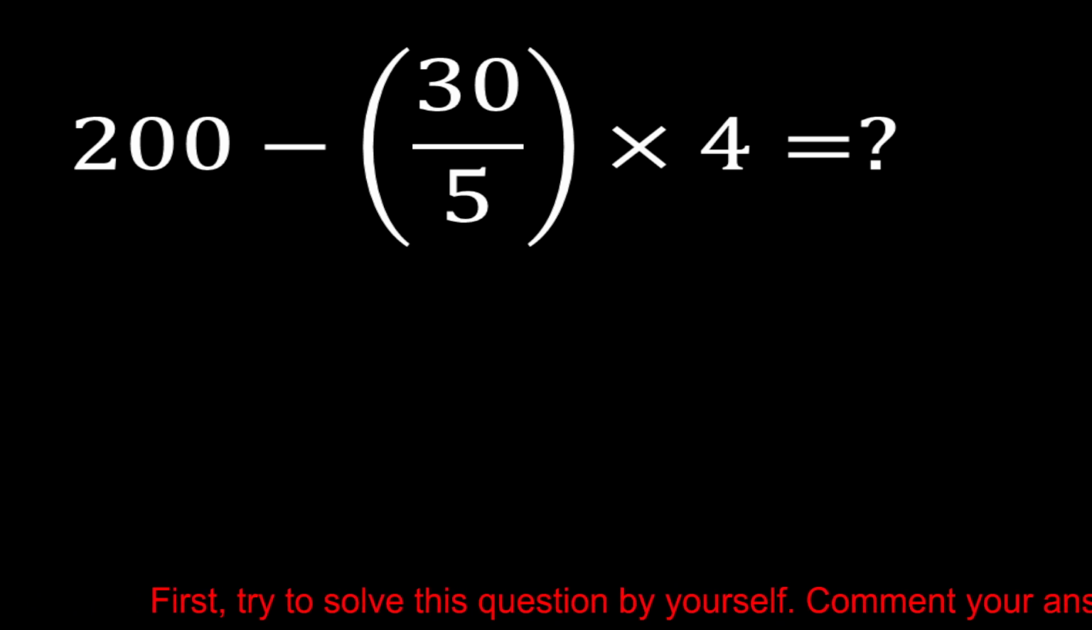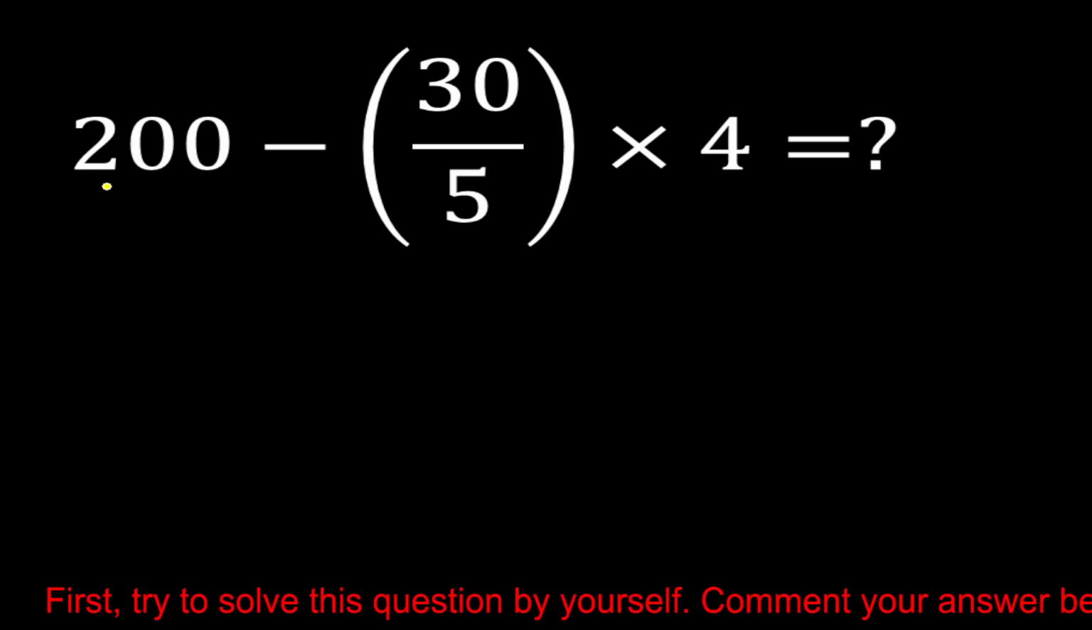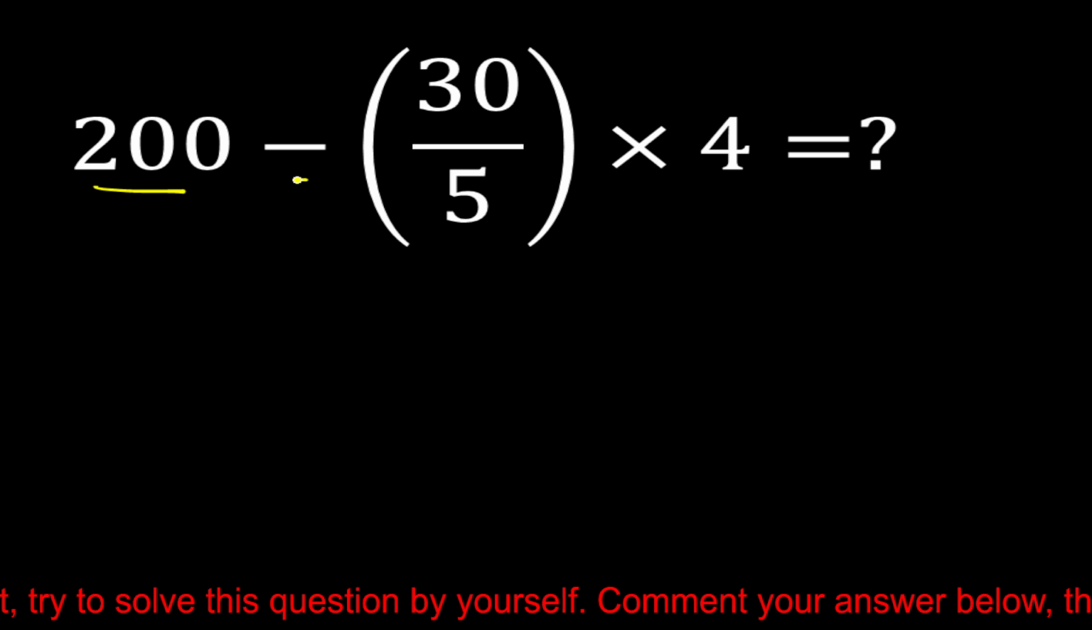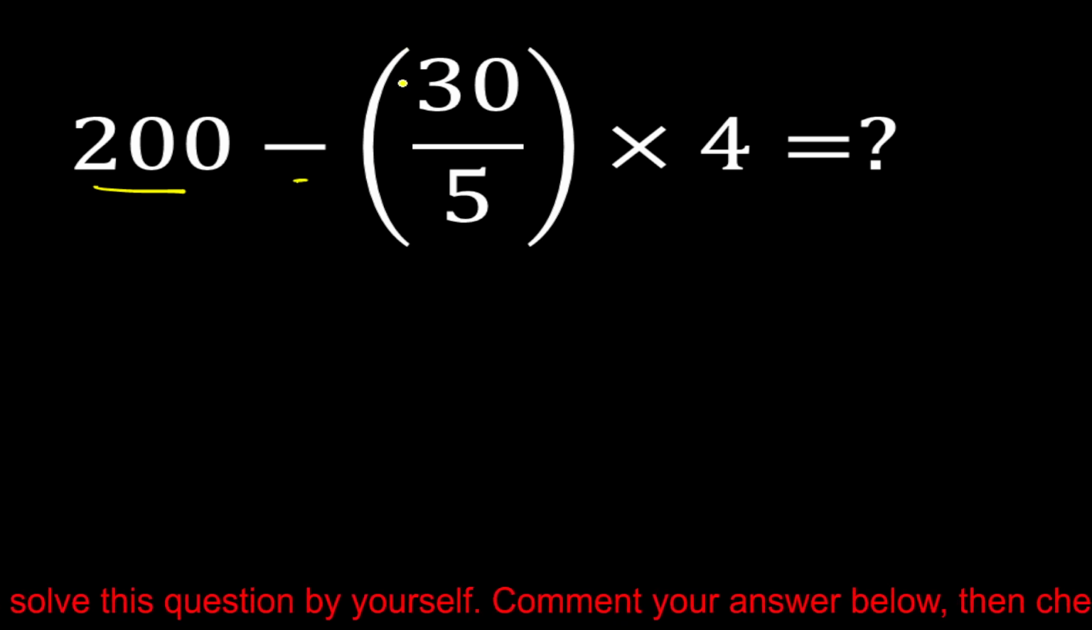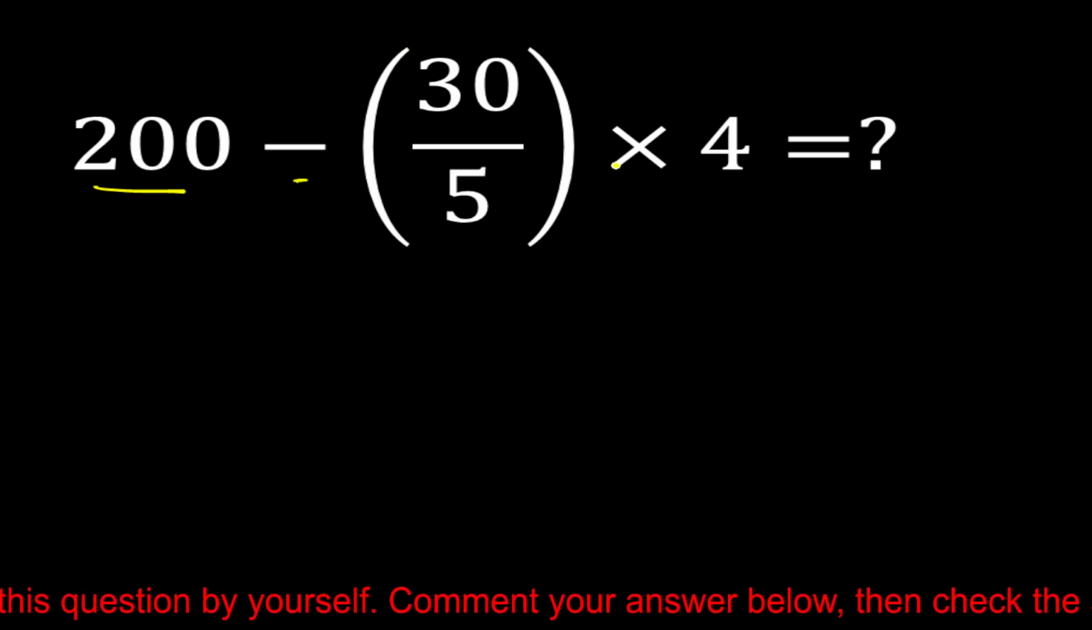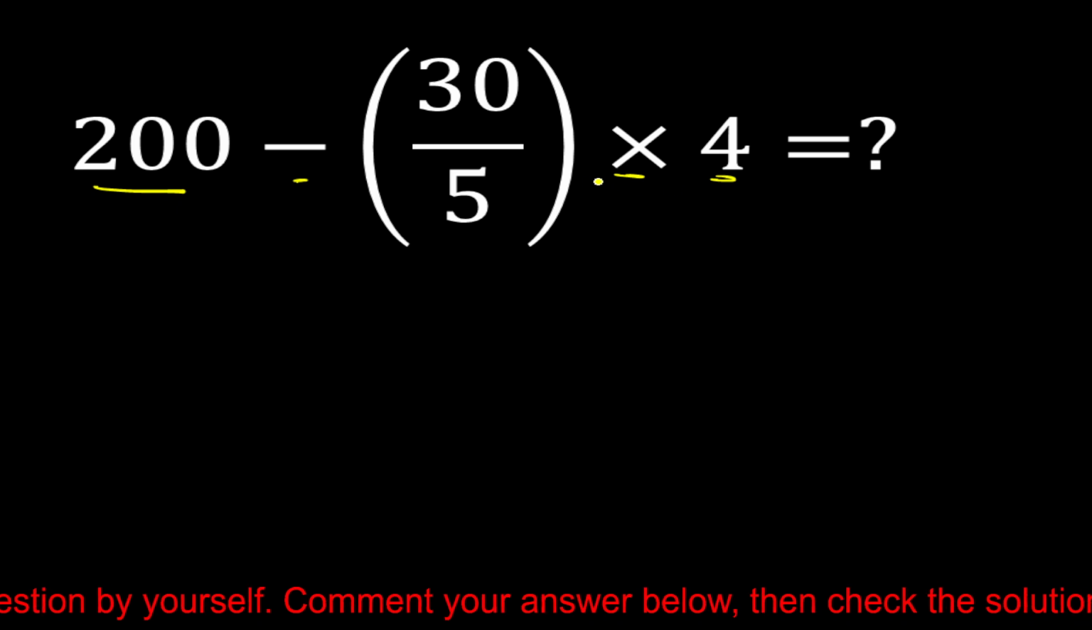So here we have a question: 200 minus (30 divided by 5) then multiply 4. Okay,